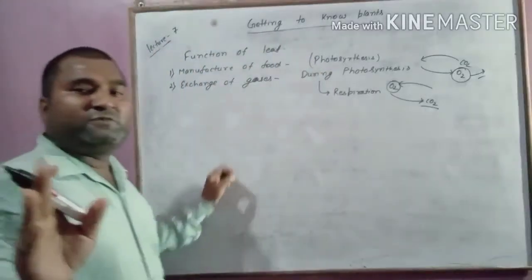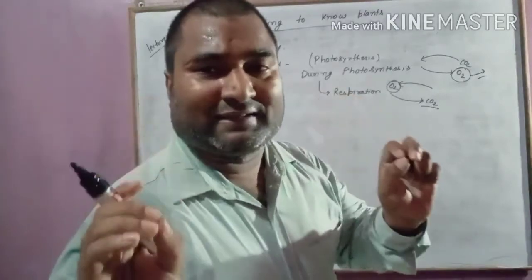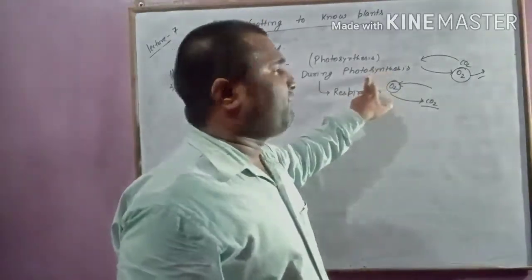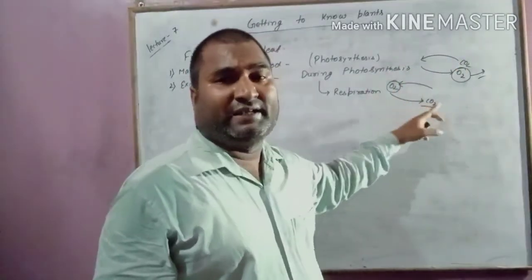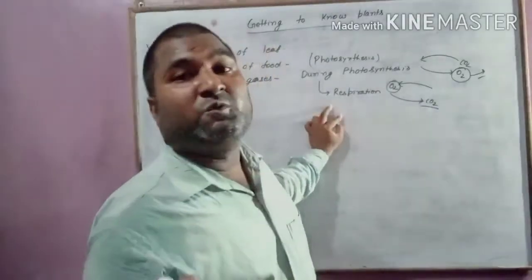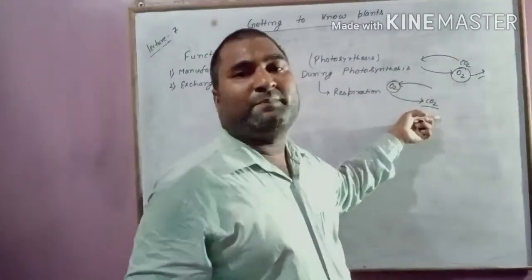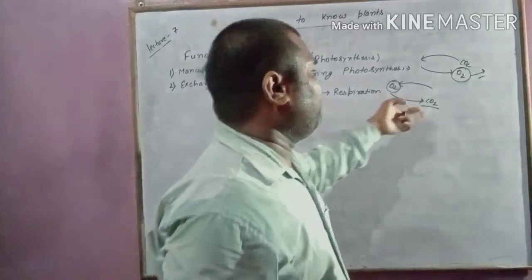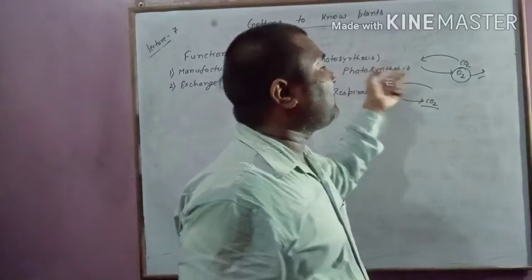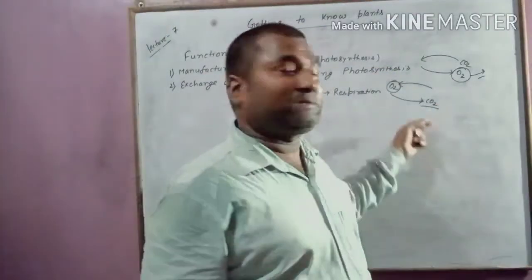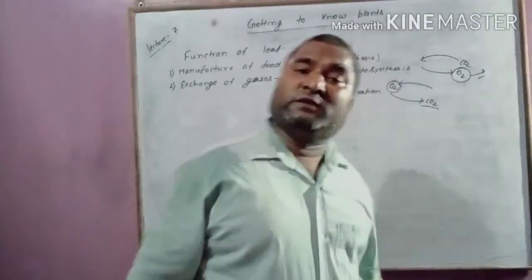So never get confused whether plants take oxygen or carbon dioxide. If someone asks you, you will answer just like that. During photosynthesis, it will take CO2 and give out oxygen. During respiration, it will take oxygen and give out CO2. Since plants do not move, they require very less energy. That's why they take very less oxygen and produce very less carbon dioxide, and the CO2 released during respiration is taken up by the plant for photosynthesis, and ultimately it will release oxygen.